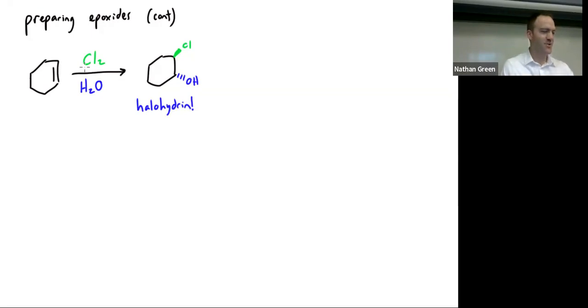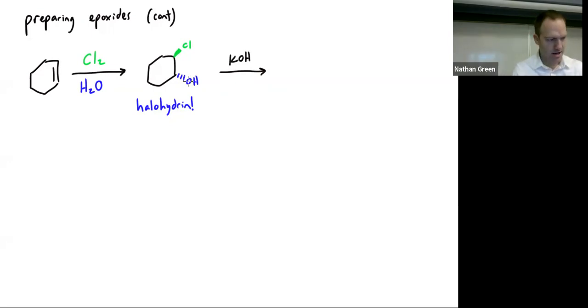A halohydrin is formed when you add any halogen with water. So you could do this with a bromine on one side, a chlorine on one side, or an iodine, but most often you'll see chlorine and bromine used. And of the two, chlorine's used the most frequently. If you mix this in the presence of a base, and you don't even have to use a base, but a base can help catalyze this, something like KOH or NaOH, something that just helps remove that proton,